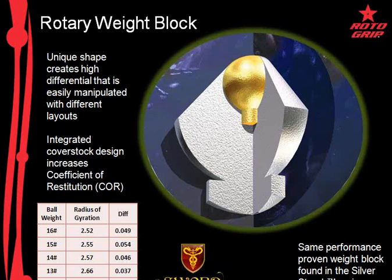Now, one reason why we feel that it's so successful is by eliminating the core on this particular design and going straight from the weight block into urethane, what will happen is you actually get a higher coefficient of restitution. What that means is when a ball impacts the pins, of course there's energy that is transferred from the ball directly into the pins. Well, by going directly into the urethane, we're actually able to increase that value, which means when it hits the head pin, more energy is actually transferred from the ball into the pins,